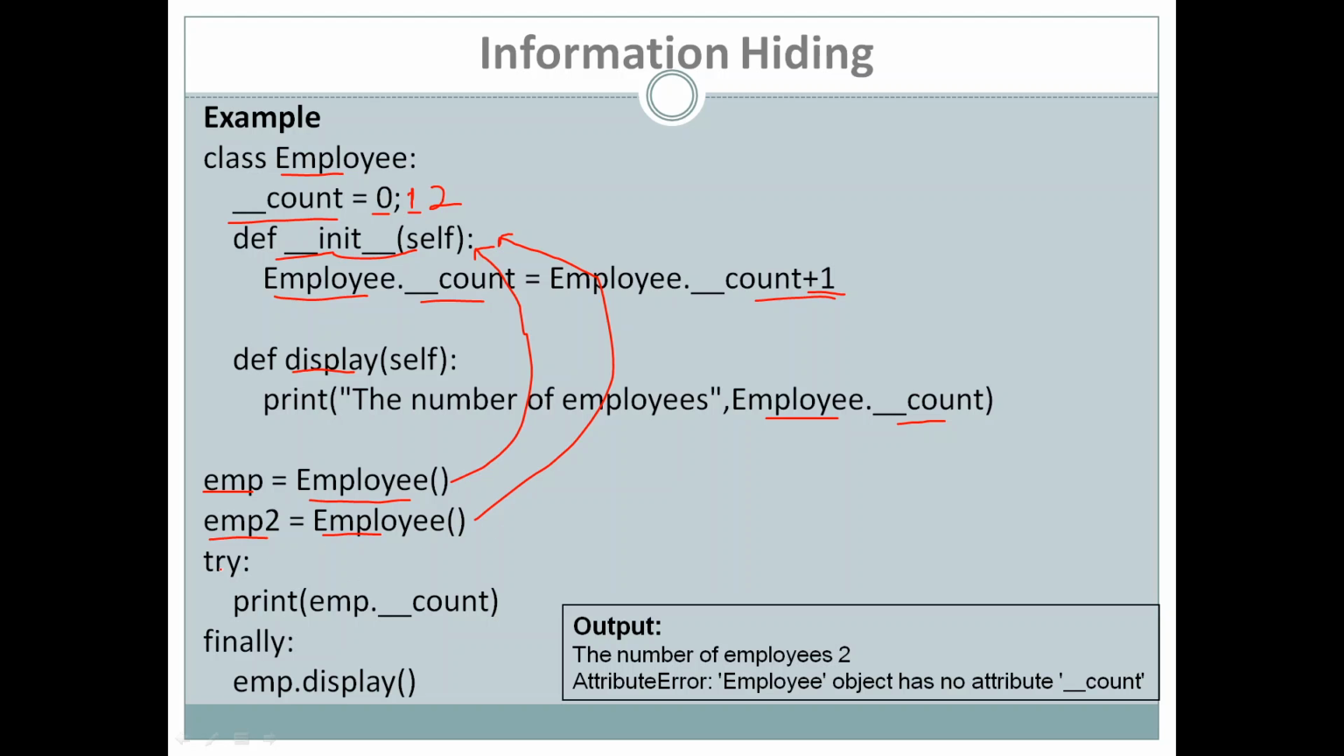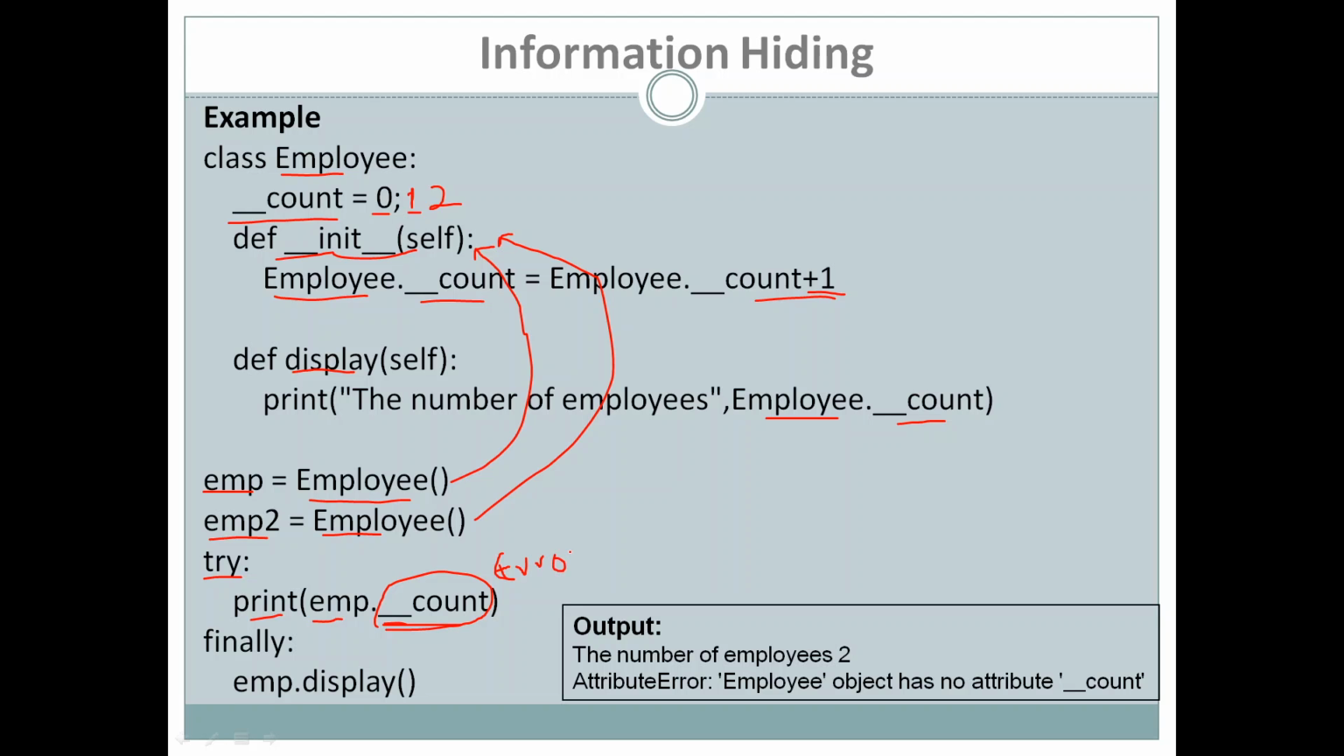And after that, inside the try block, we are trying to print the value of the count variable outside the class. From outside the class I am trying to print the value of count by using the object emp. When I say emp dot underscore underscore count, this is this variable. If I try to access that variable from outside the class, this is going to generate an error. Why will it generate an error? Because the count variable,